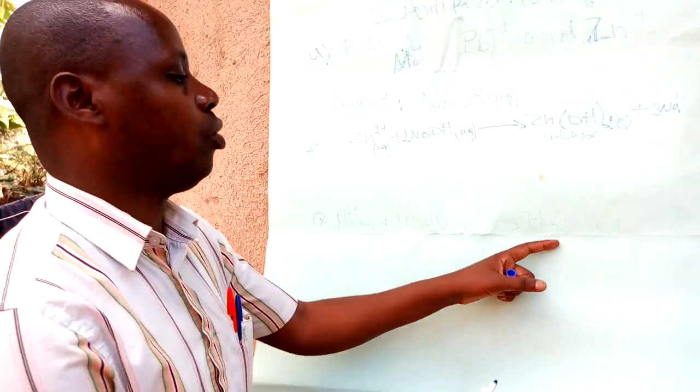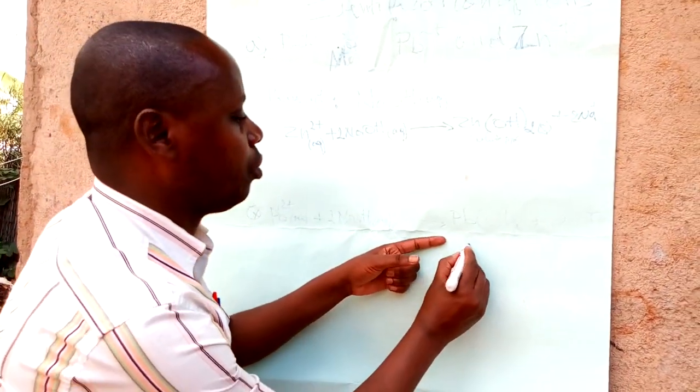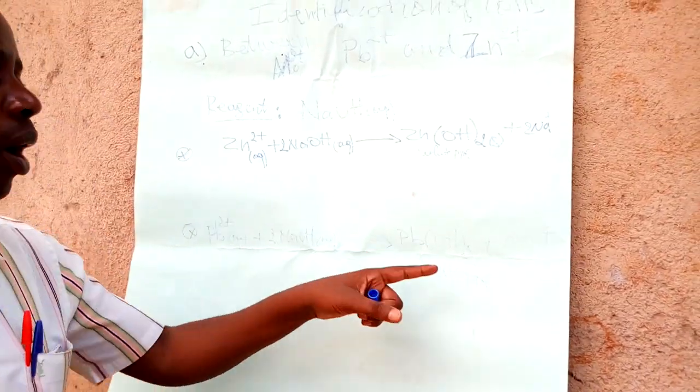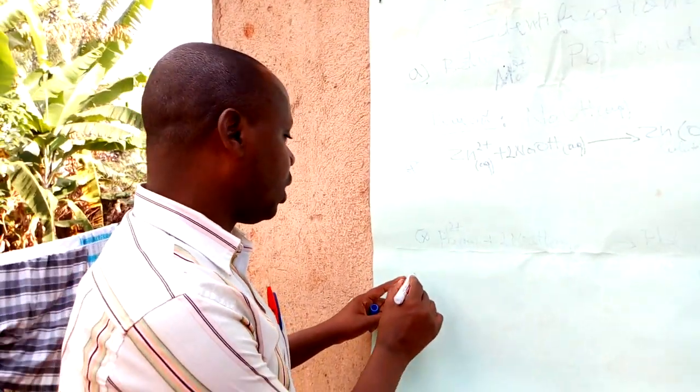This lead hydroxide is a white precipitate. This white precipitate, on the side of zinc